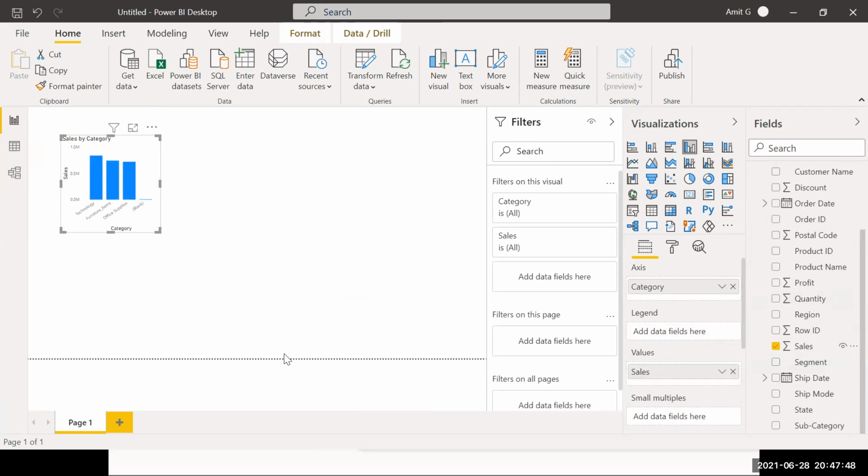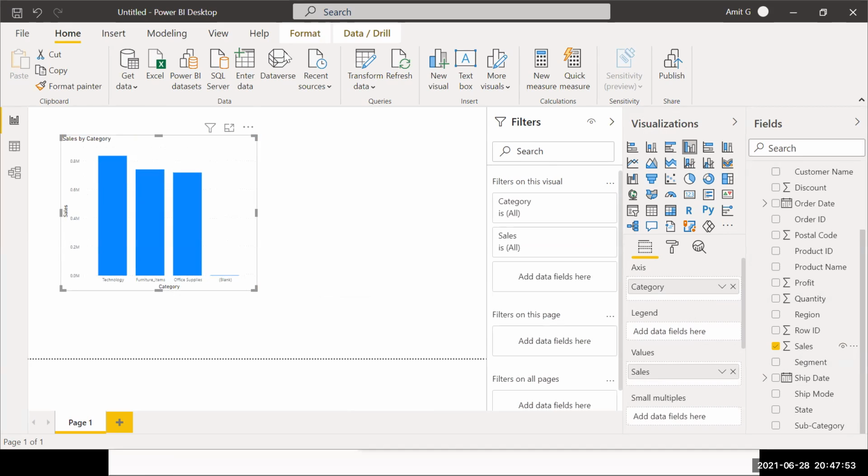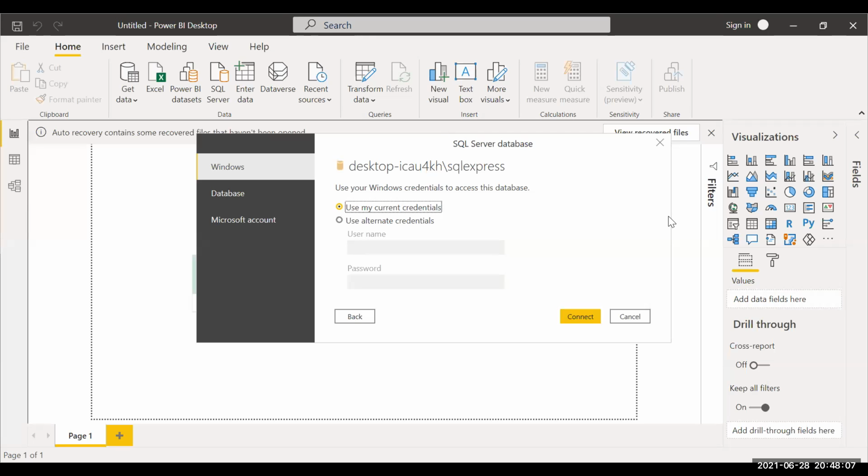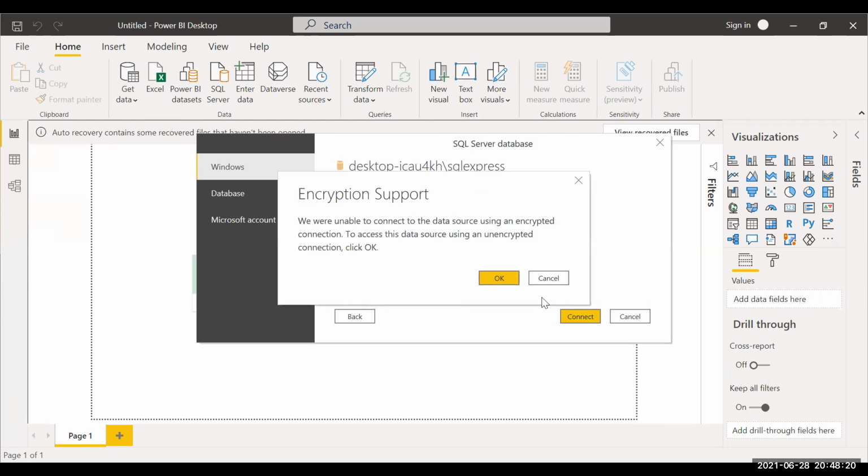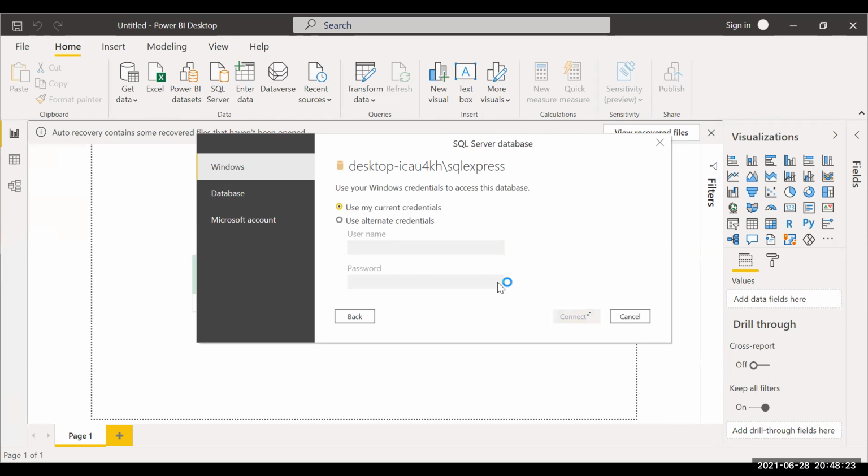Hi, Amit. I'm getting an error actually when I'm trying to load the SQL Server. Can you share your screen? Yeah, sure. Are you able to see this screen? Just click on connect. Yeah, I'm getting the same one. What is this? Just click on connect. This is not an error. It is just asking for that. Click on OK, because the first time you create a connection with the server, it asks us for the Windows credentials.